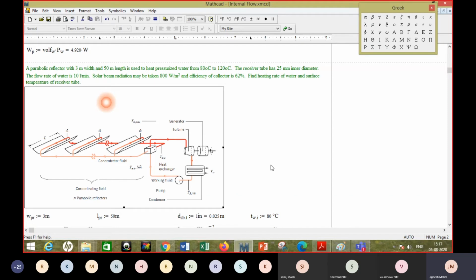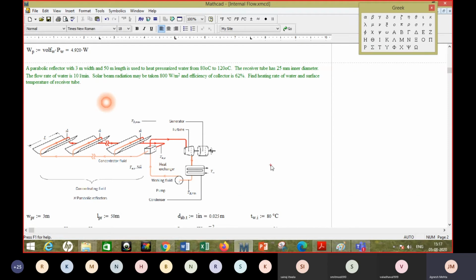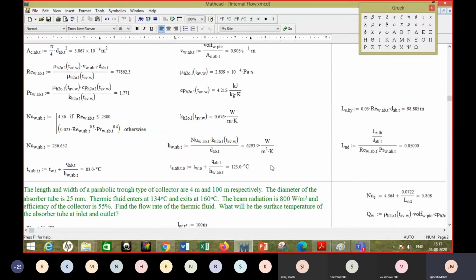Okay, and so the temperature rise through each parabolic trough, we are not going to talk about the parts of that. We may assume that it's continuous, but in practice you can think that it is not going to be manufactured as a single piece because of different difficulties, right? So I'm talking about this example.